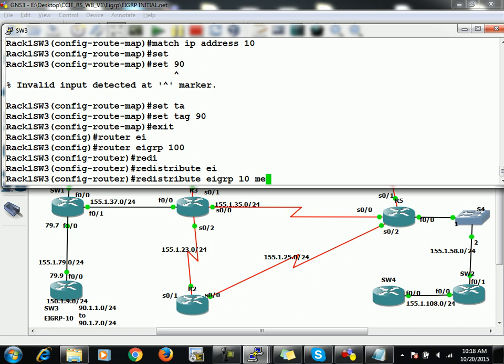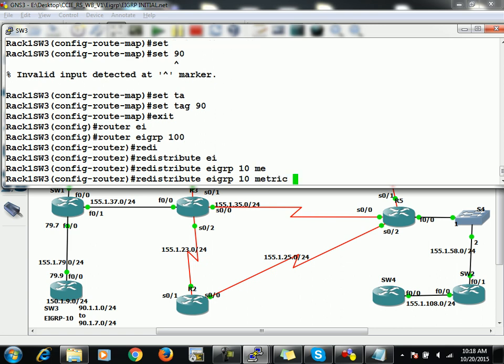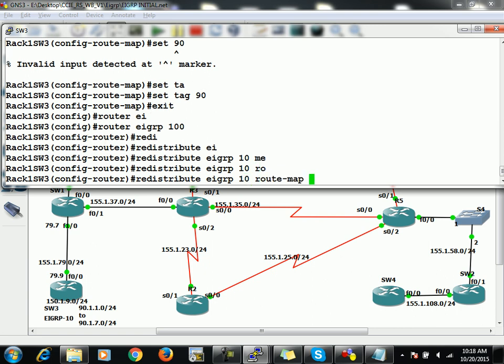And here you are not required to specify your metric. You know why? Because you are redistributing EIGRP into EIGRP. If you are redistributing EIGRP into EIGRP, then you will never require to specify your metric during redistribution, because in EIGRP AS10 you are using bandwidth, load, delay, reliability, and MTU. Similarly, you are using all these components in EIGRP AS100. Understood? So that is why it is not mandatory to specify your metric during redistribution. So I'll simply say EIGRP 10 and then I'll say route-map, and the route map name I'll just